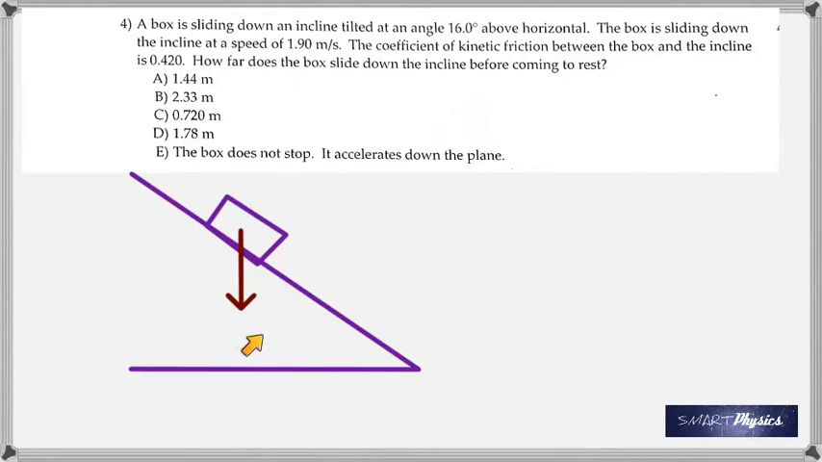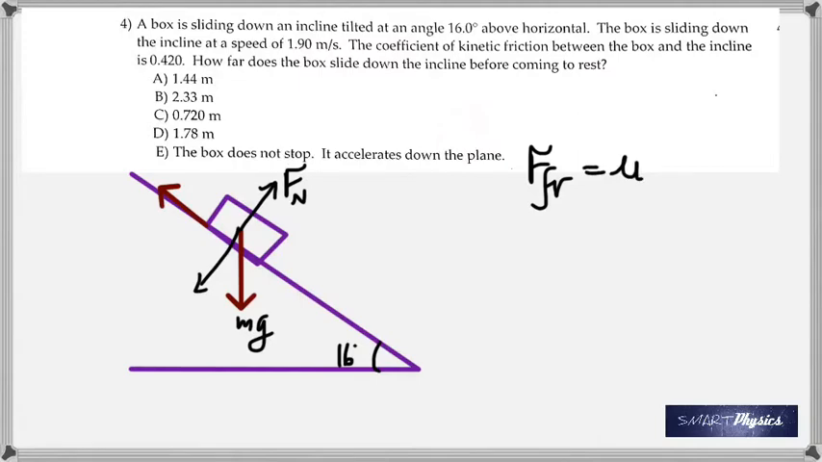Now that is the weight. Weight always acts vertically downward, and that's mg. And the frictional force is against the motion. Since the box is tending to slip down, the frictional force is up the plane. The angle here is 16 degrees, and that's the normal reaction Fn. Now the weight mg can be resolved into two components, and you will see that this component is going to be mg cos theta,